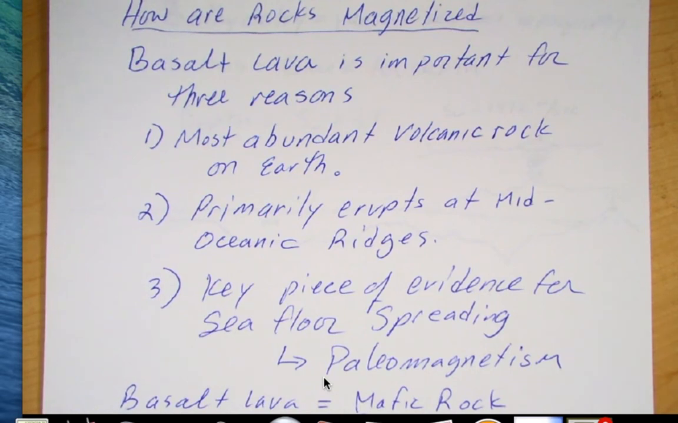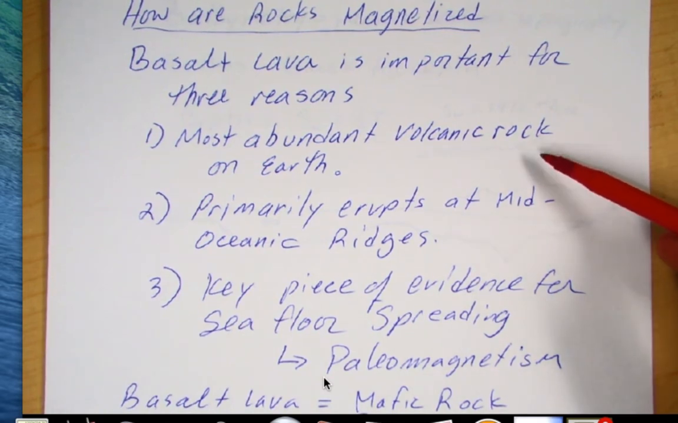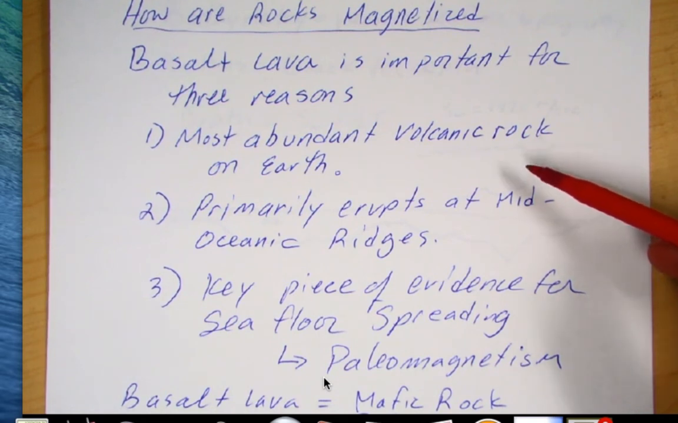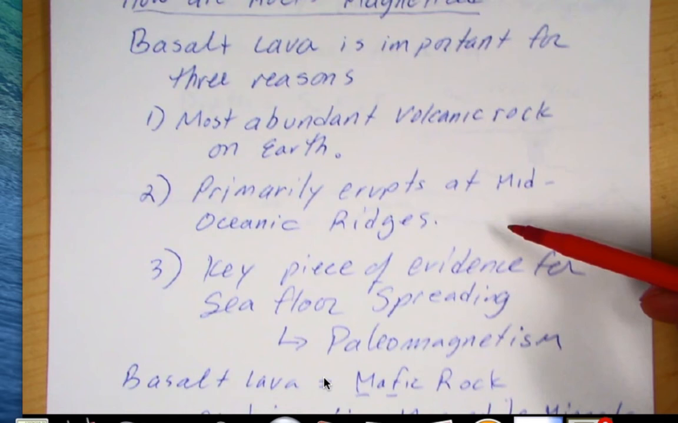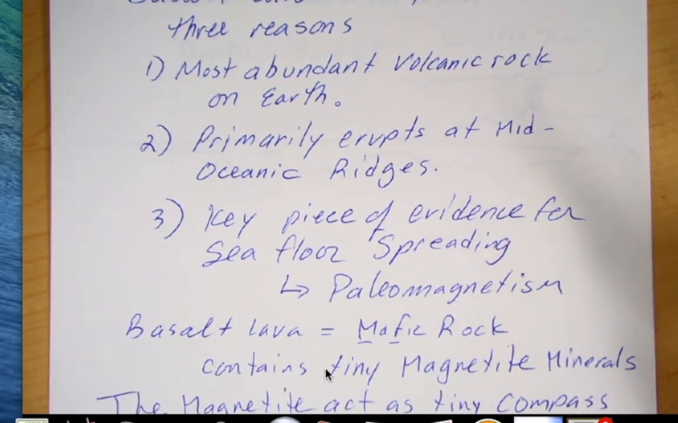Remember, basalt is important for three reasons. I sort of hinted at this in the last video, but the first one is that it's abundant. It covers the ocean floor. Remember, the ocean floor makes up almost 71% of the planet, so by far it's the most abundant volcanic rock on Earth's surface. Secondly, it primarily erupts at mid-oceanic ridges. And then, as we'll see later on, using paleomagnetism, we'll find that it's a key piece of evidence for